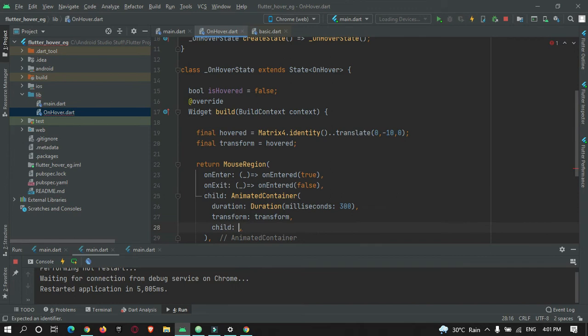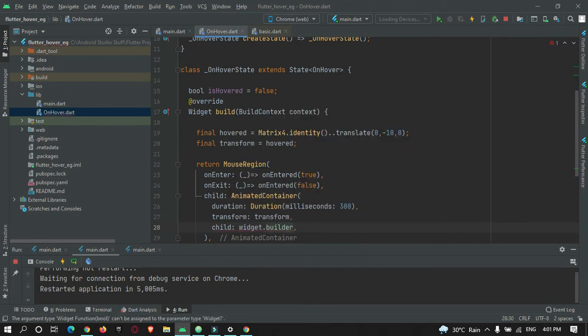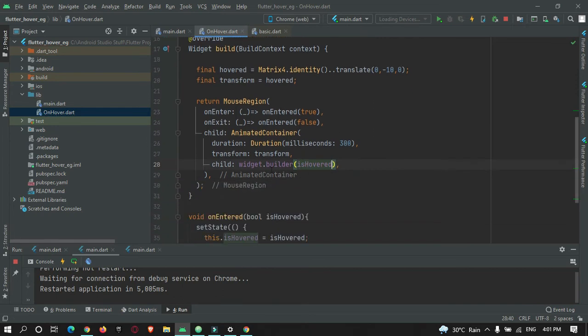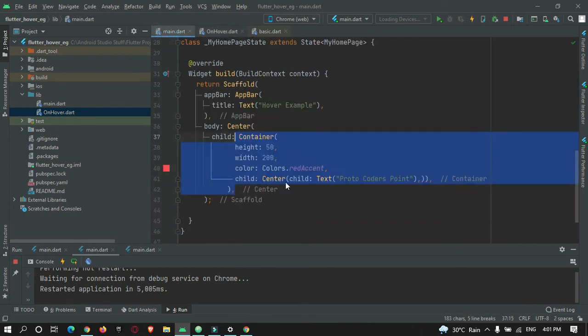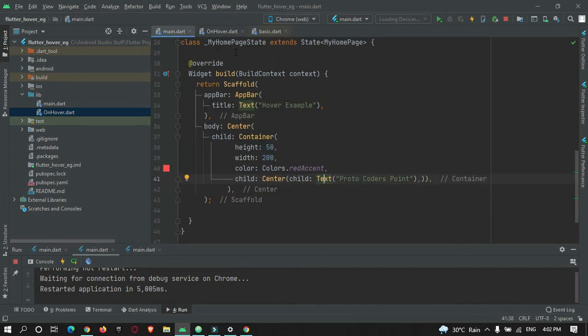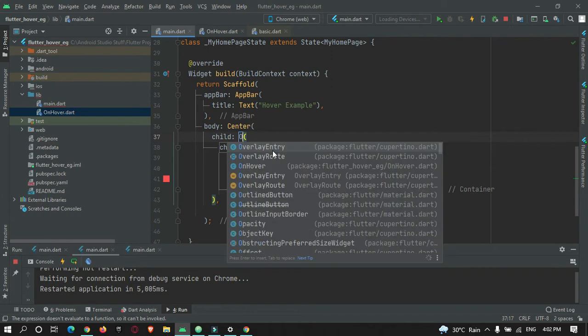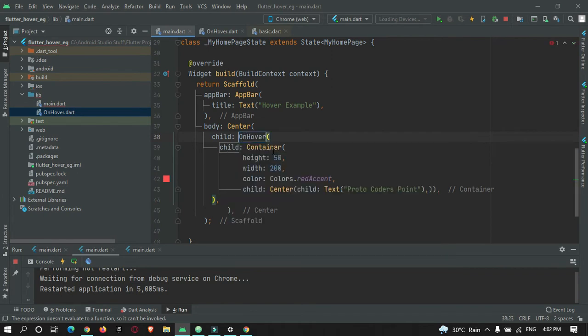In child widget we need to pass our widget dot builder is hovered. Okay, so here we are just passing the builder from our main dot dart. So as you can, we need to pass it now. Okay, so let's do it. So let's move to main dot dart file, and from here just wrap this container with our widget, that is on hover.